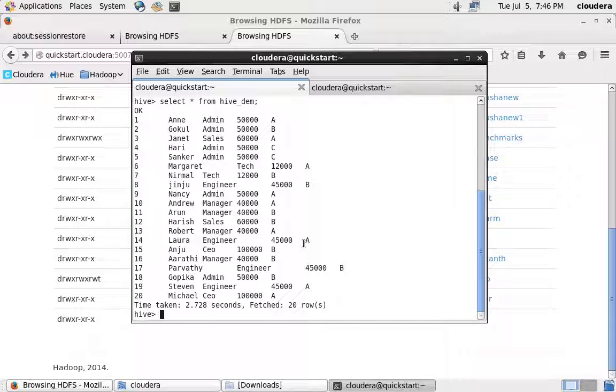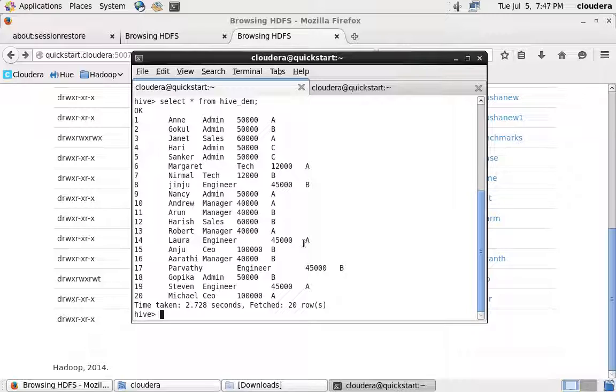Your partitioning column can be anything here. I can give my partitioning column as designation, so I will get 6 partitions automatically because I have 6 types of designations. And if I give partitioning based on department, how many types of departments do I have? I have 3: A, B and C. So 3 partitions can happen, and the entire data of your file will be represented as 3 files. The one partitioned with department name A, then all the users under department B will come as a separate file, and under C as a separate file.